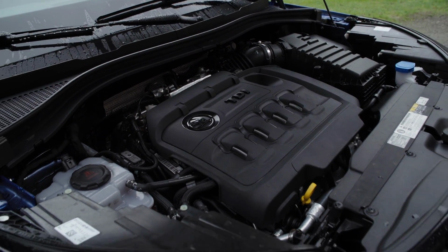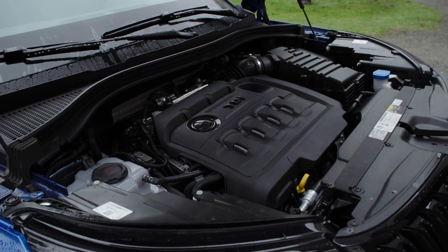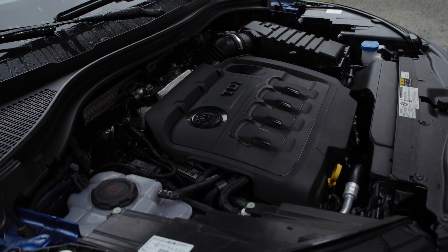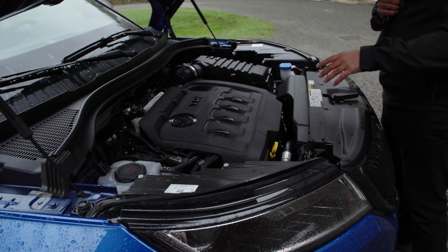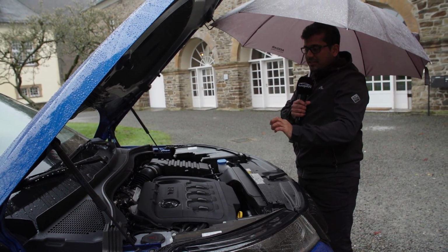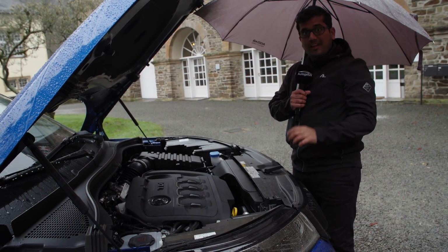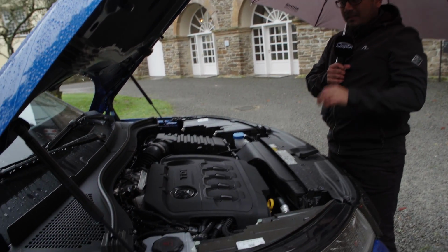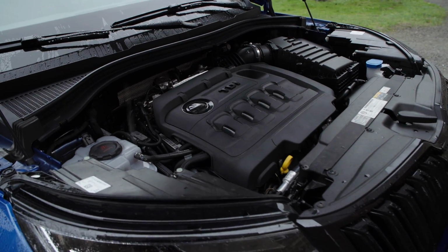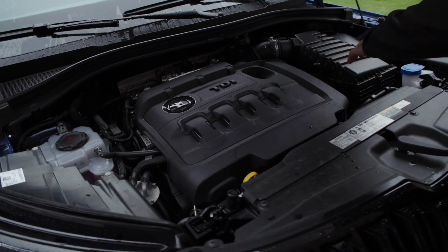Like I mentioned, this is the first SUV Skoda RS ever, and this is the most powerful diesel engine ever put into Skoda. It's the 2-liter TDI, which is a bi-turbo 4-cylinder turbo diesel engine. This makes 240 horsepower and 500 Newton meters of torque. It comes coupled with the 7-speed DSG, which is a dual-clutch transmission. As you can see, it is